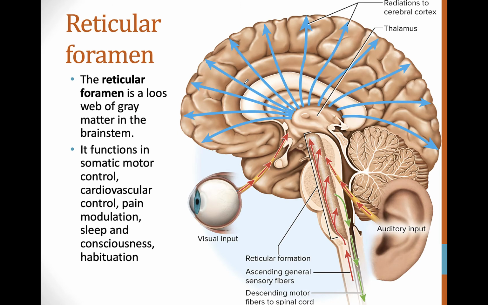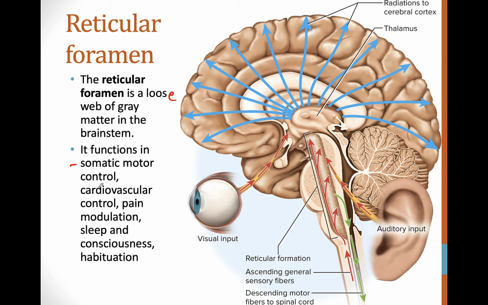So something I mentioned in all of these places was the reticular formation. So this is a loose web of gray matter. Gray matter typically means that it's not myelinated. Gray matter is going to typically be involved in integrating neural information rather than just transferring it from one place to another. So this is going to have a lot of functions and functions in somatic control, so that's control of your body,